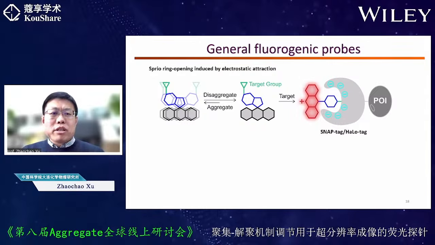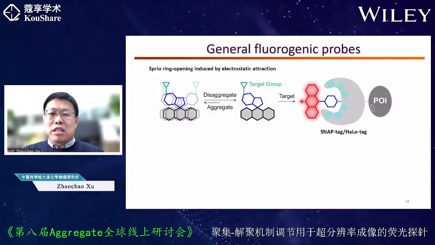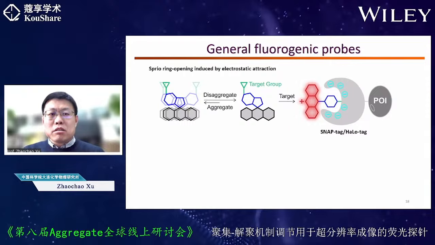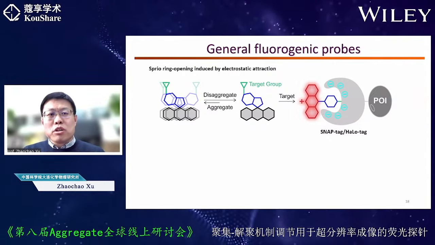The opening of the aggregated random spiral ring upon interaction with the target molecules is actually due to the stability of the rhodamine's ionic structure by nearby negative charges on the protein, because the cation on the rhodamine fluorophore interacts to stabilize the cation and induce the ring opening reaction.